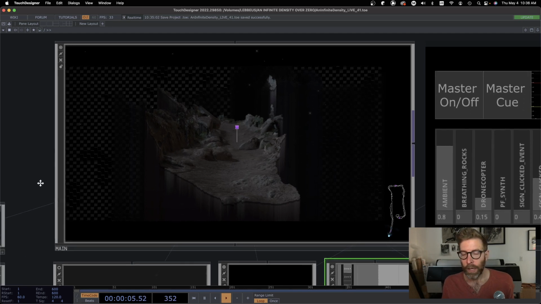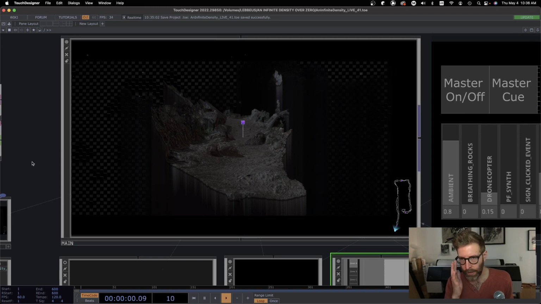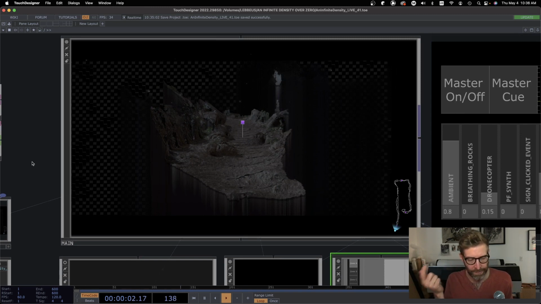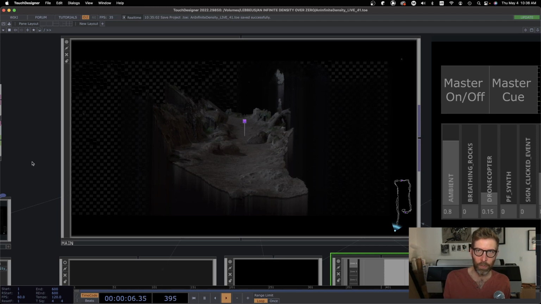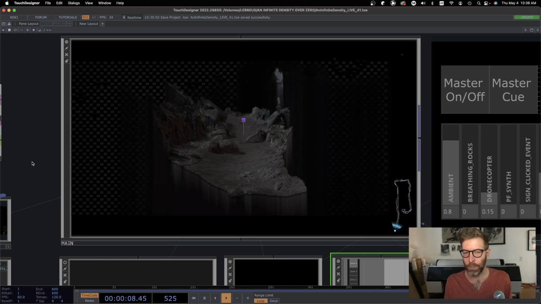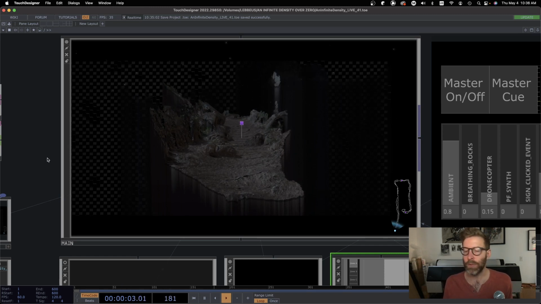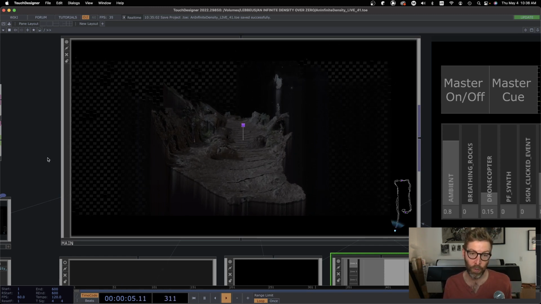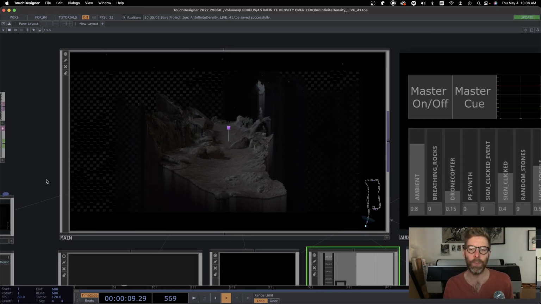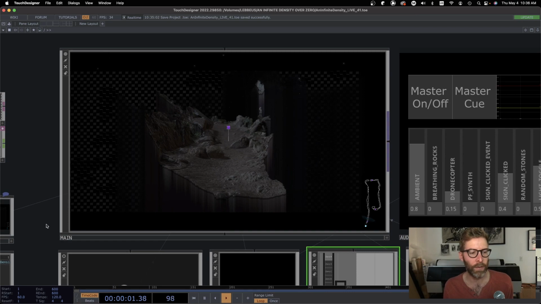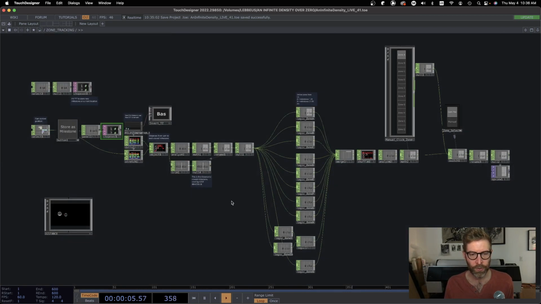I batted around ideas at the beginning of how exactly to do that here. In the beginning, you're thinking in the same kind of physics way. It's possible to do a collision volume in TouchDesigner with bullet physics or some other types of physics. It's really not a performative way to do things though in TouchDesigner. So some other solution had to be found. So what I came up with, if we just dive into zone tracking here,